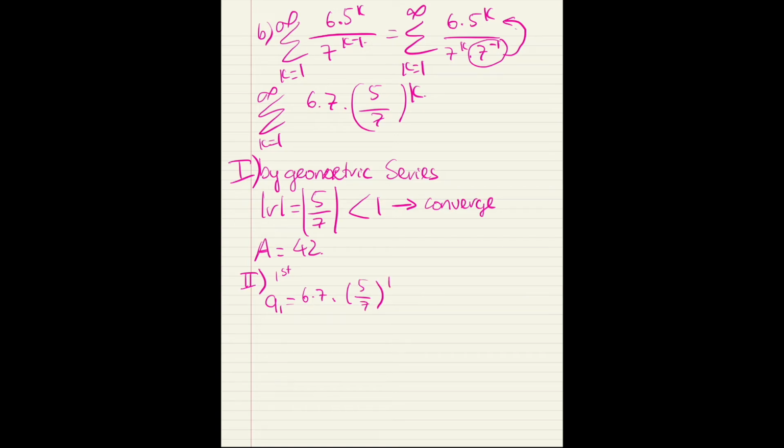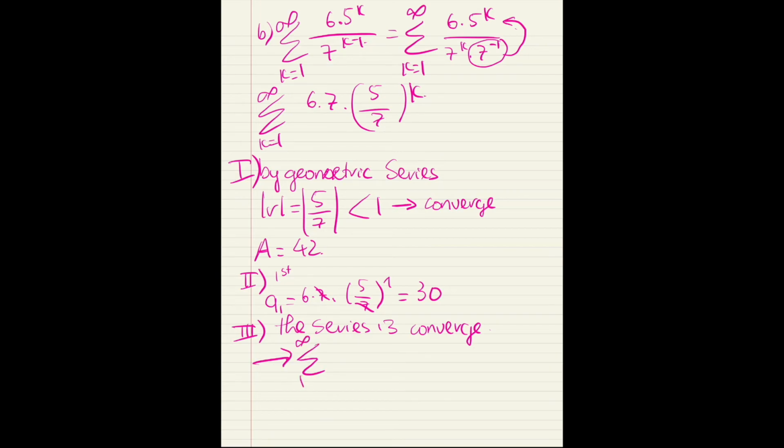K is 1, so that we have 30. The third question that they ask: since the series is convergent, the sum of it is